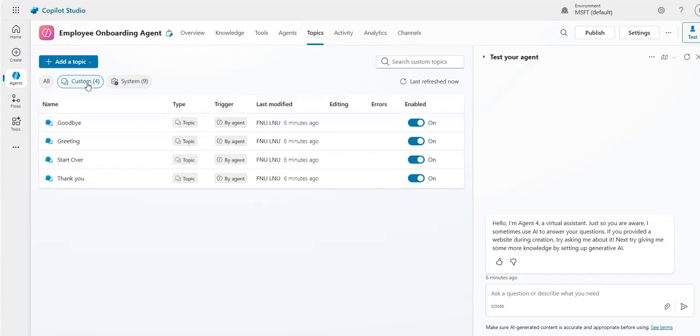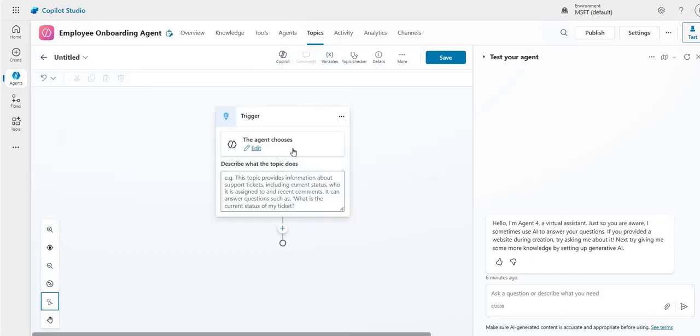Let me try to create a custom topic, so you get some idea. So our plan is that we will request a vehicle pass. For example, if an employee asks, how do I raise a vehicle pass, or how do I get a vehicle pass? At that time, how will our topic handle this? Let us see that. So let me create a topic